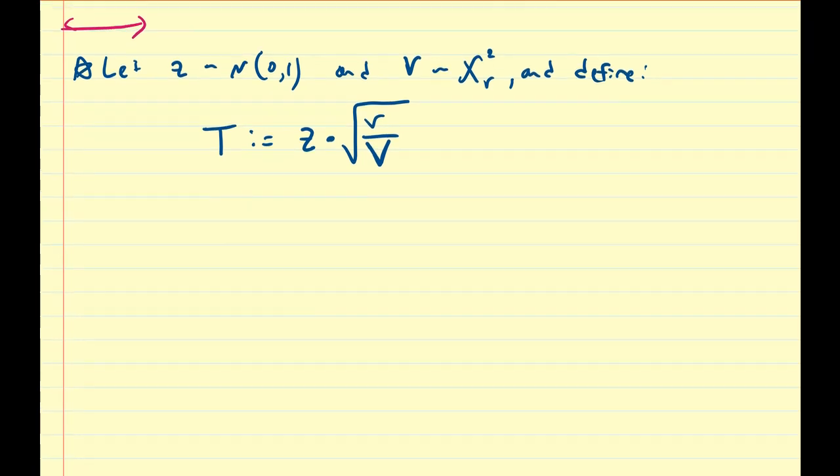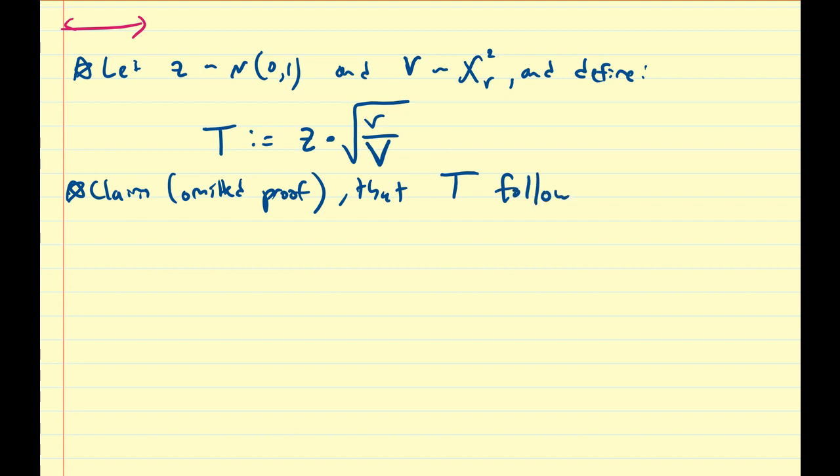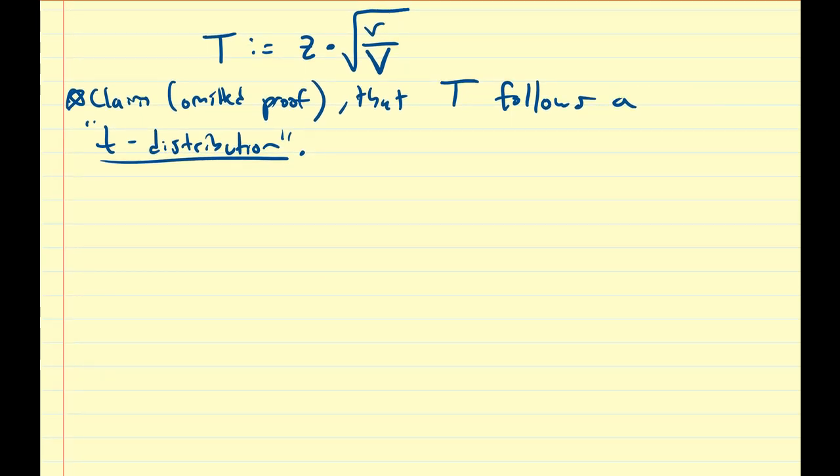So one claim, and we're going to omit the proof, is that T follows a t distribution. So if we take any standard normal random variable and multiply by the square root of the degrees of freedom divided by a chi-square random variable, this variable follows what we call a t distribution. So what is a t distribution? So the t distribution